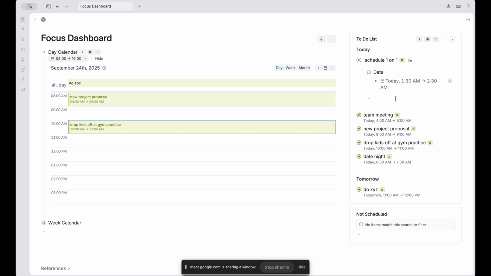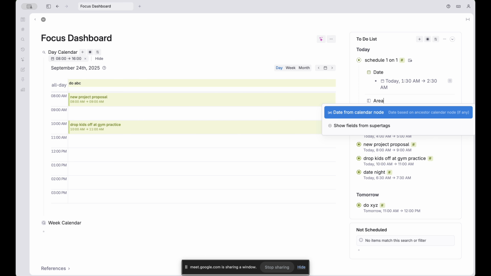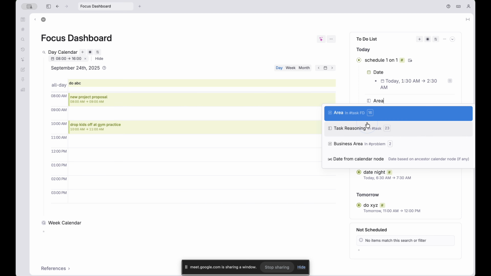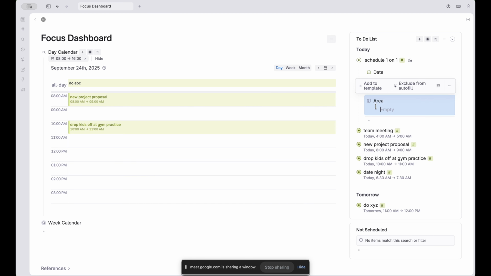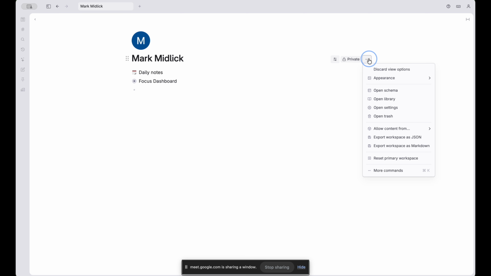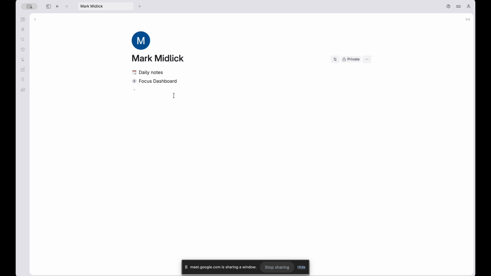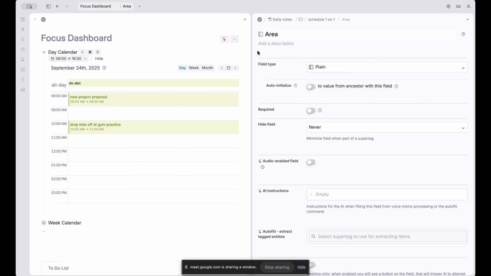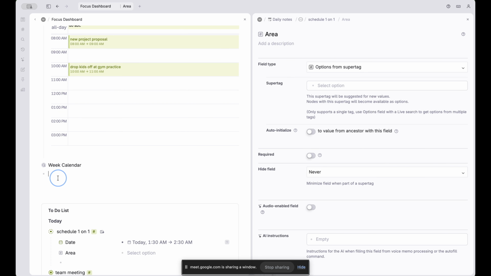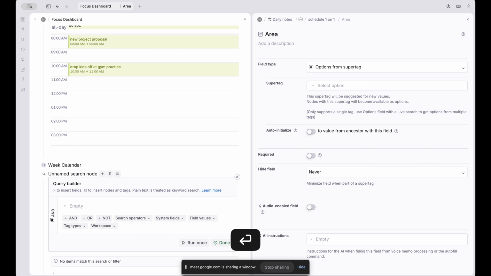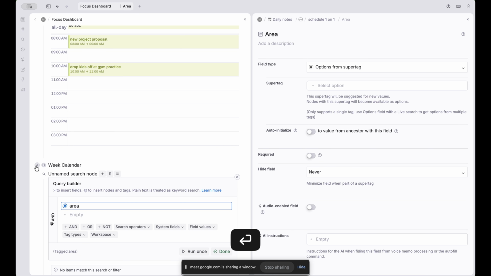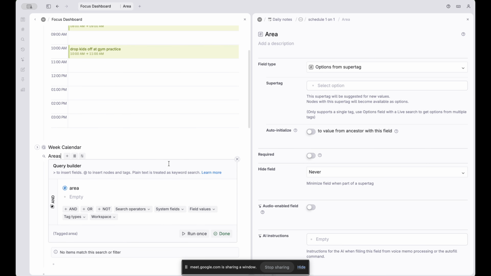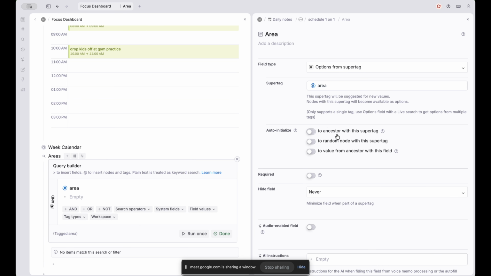So we could go in here to our task and I'll add a field for area. I've got the old one there. So I'm going to go back, and for now, I want to remove this allow content from, because I don't want it to clutter up my view when I'm building this. So I'll open up this area, say options from super tag, and maybe I'll do that again. I'll make a search node here, hashtag area, call that areas, select area here,